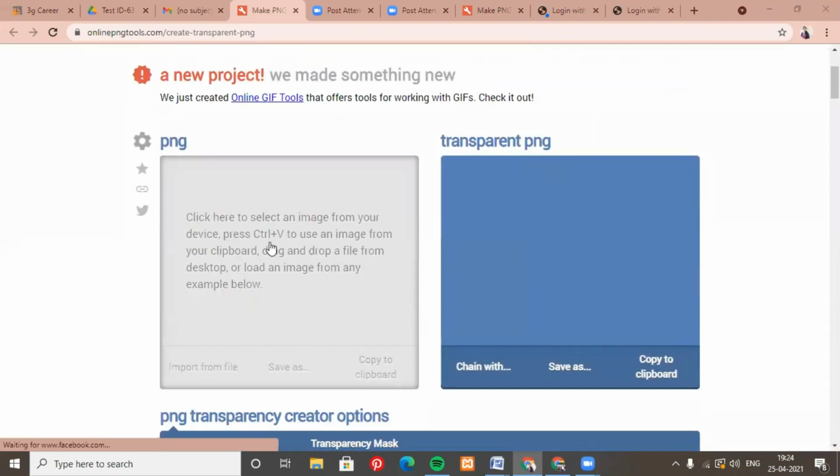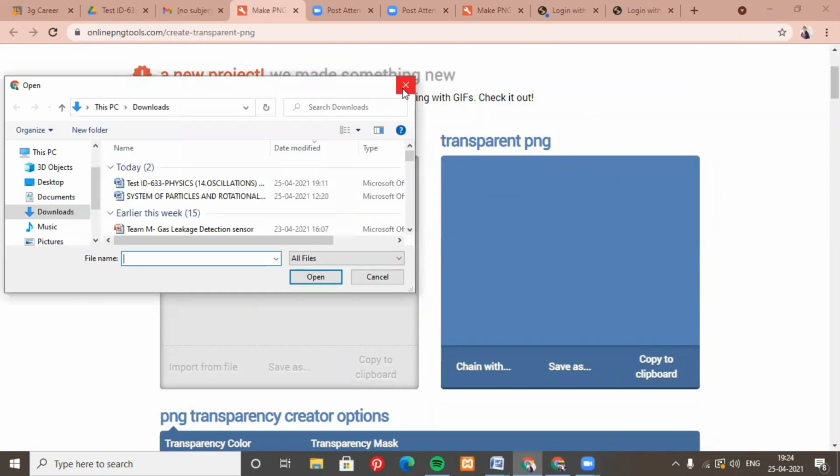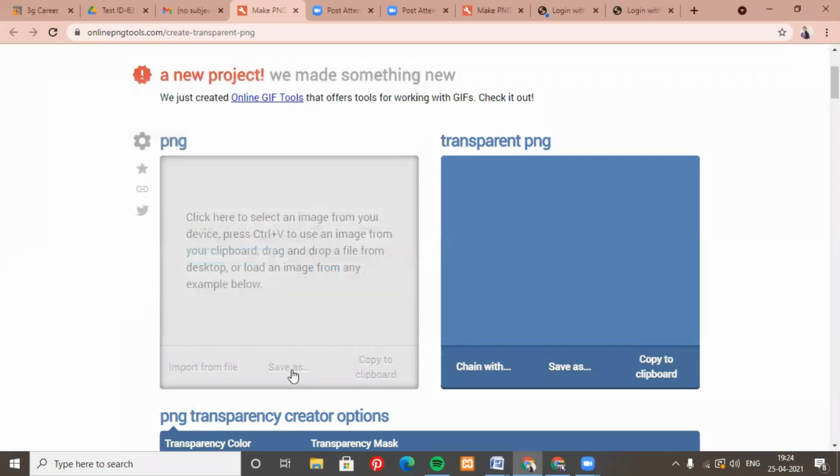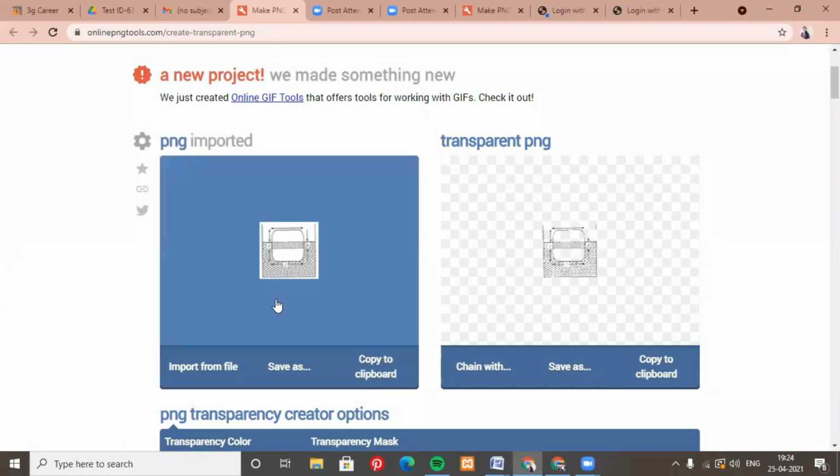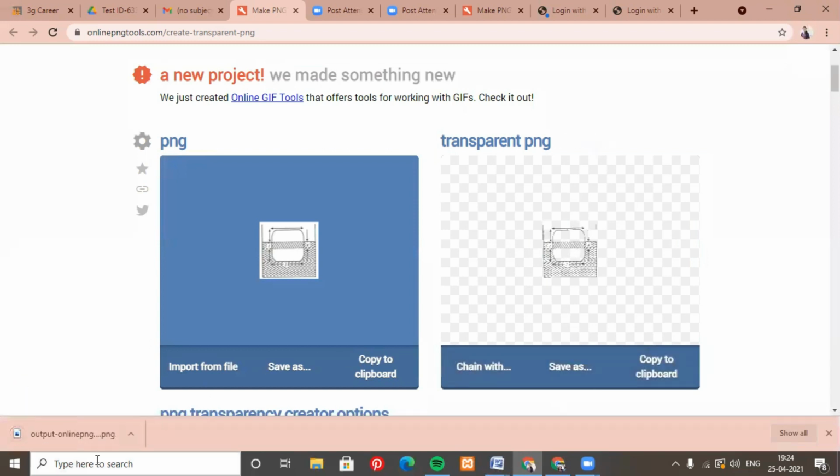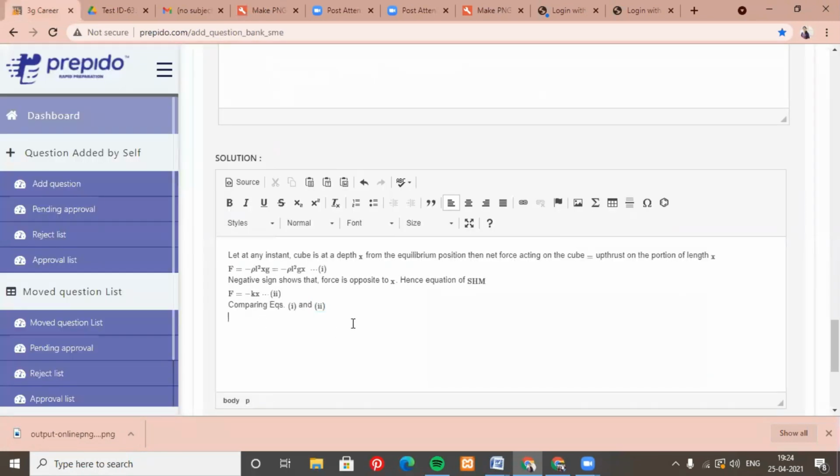So here you can paste it using Control V, and then here you get the transparent PNG. You can save it and it will download. After downloading, you can insert the image here.